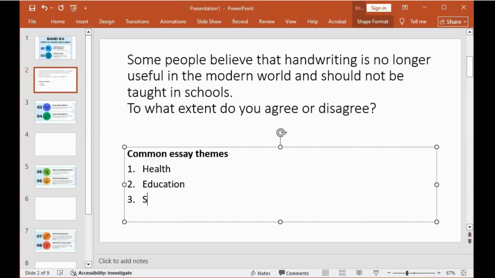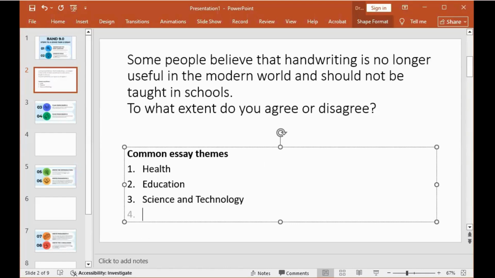Then some essay questions can fall under science and technology, things that have to do with technological advancements and technological development. I think there's one essay question I gave to some people some time ago about the impact of technological advancements. Some people think that technological advancement has improved the life of workers, and some other people say it has had negative effects on society. Then I said discuss both views and give your opinion. That kind of essay question falls under the theme of what?